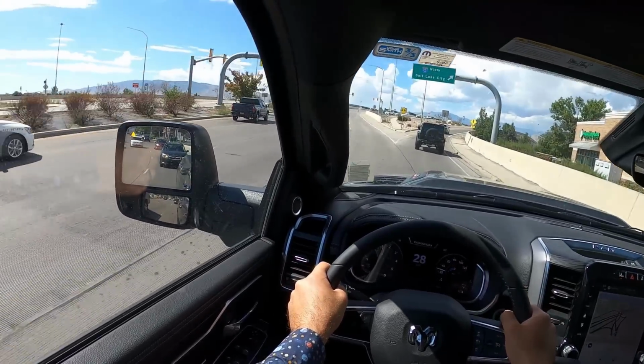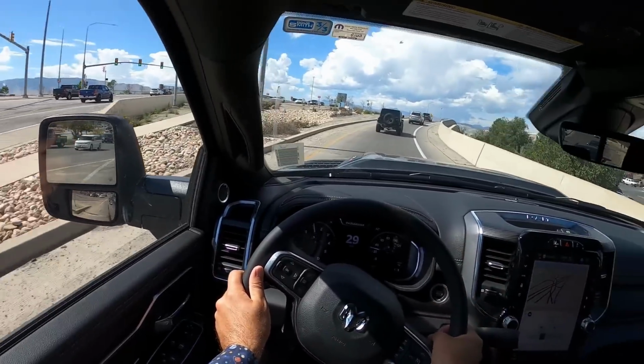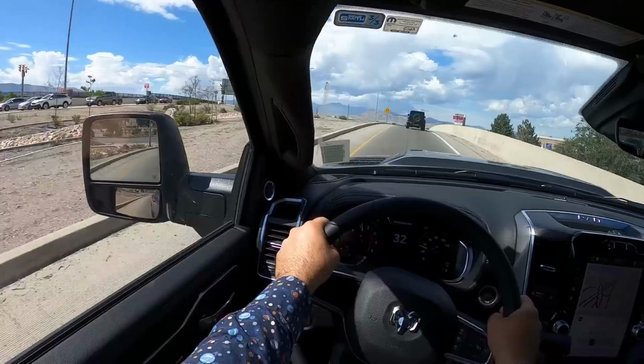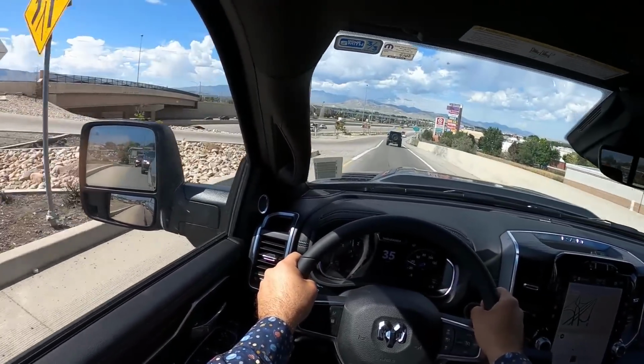As we get up to slightly higher speeds, you can feel a little bit more of the bumping. We'll kind of see how that feels on the highway. But that's every single diesel truck. Again, leaf springs, solid axles. You're gonna get some bumping all over the place, but